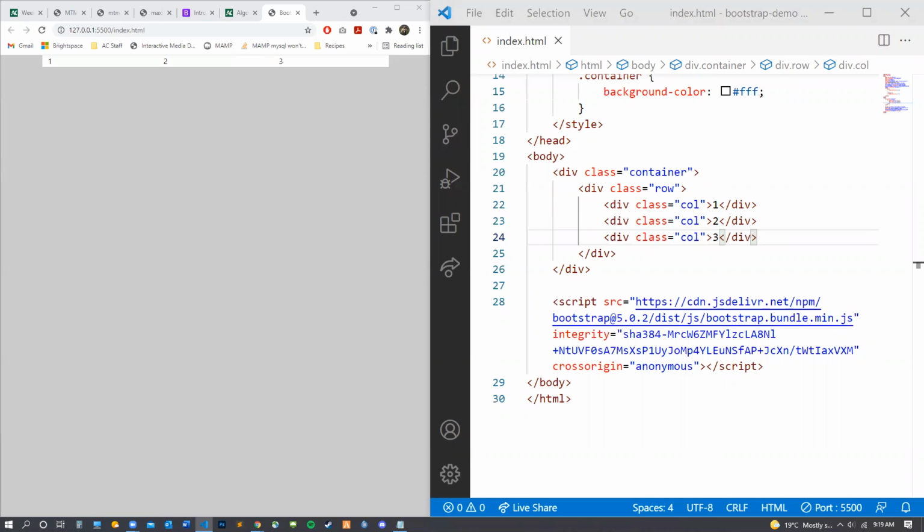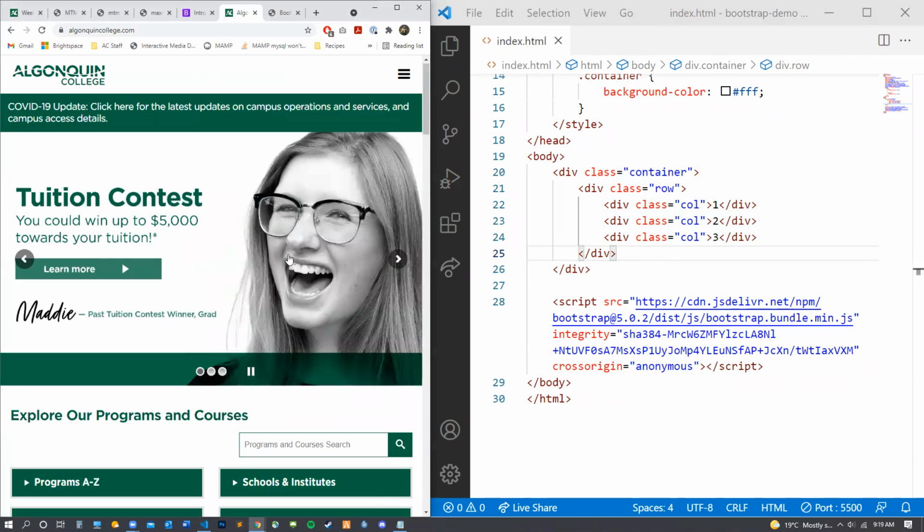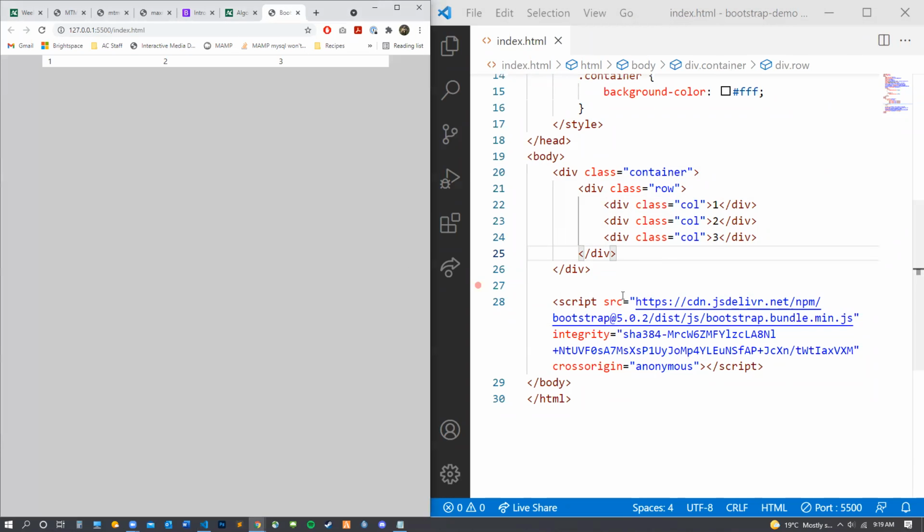All right, so we have 3 equal width columns, right? These are very easy to replicate and move across if we wanted to have more. Are there any questions about that? Does that make sense? Do you see how that goes together so easily and so quickly? That's very straightforward. Obviously, this isn't going to work for everything. It worked pretty fine for Algonquin College, but every website is going to be a little bit different,